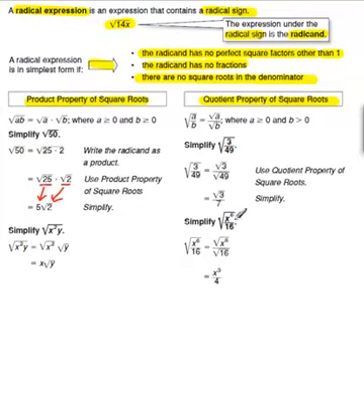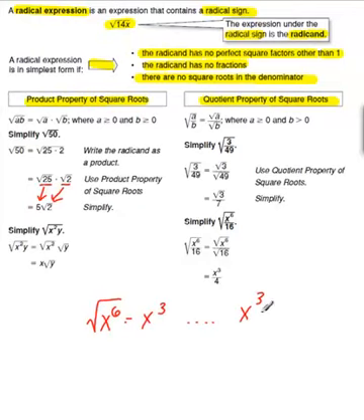Again, you see how we do this with the variables. Square root of x to the 6th over the square root of 16. The square root of 16 becomes 4. The square root of x to the 6th, remembering our rules for exponents, becomes x to the 3rd. This is important because we have to remember that the square root of x to the 6th becomes x to the 3rd because